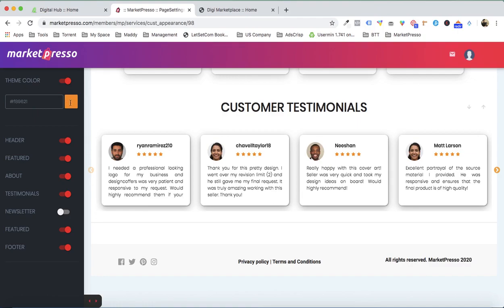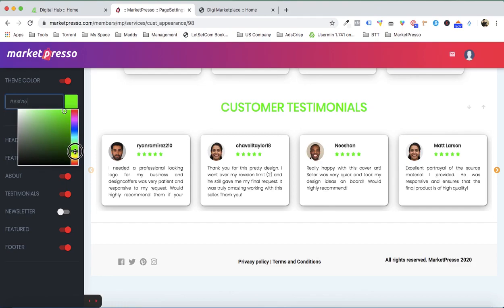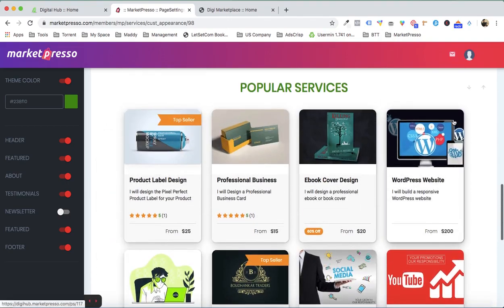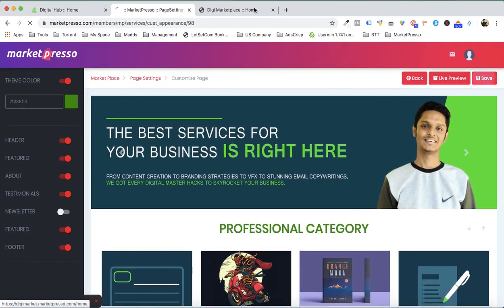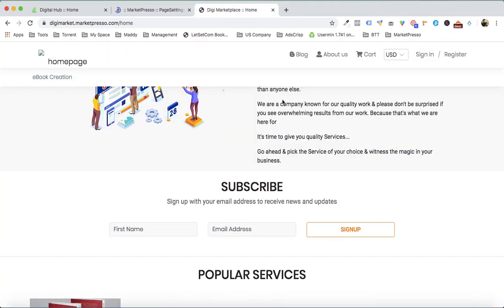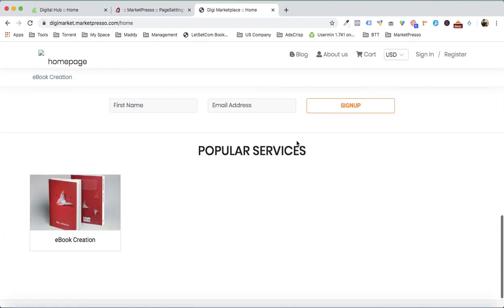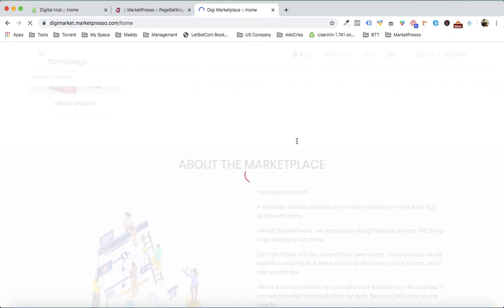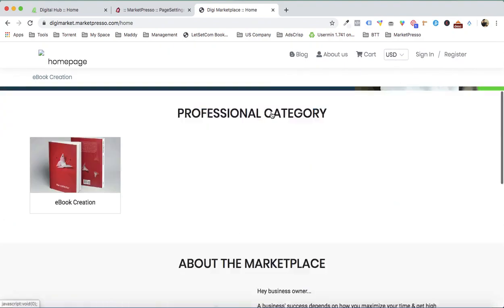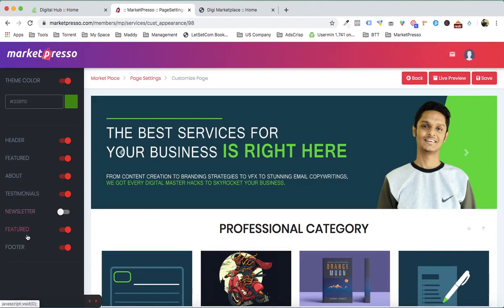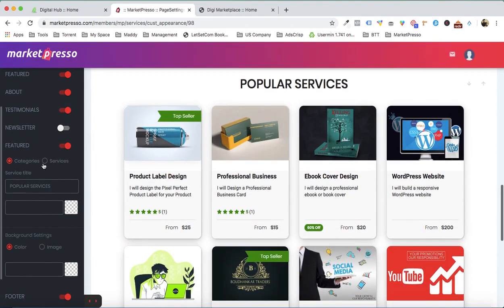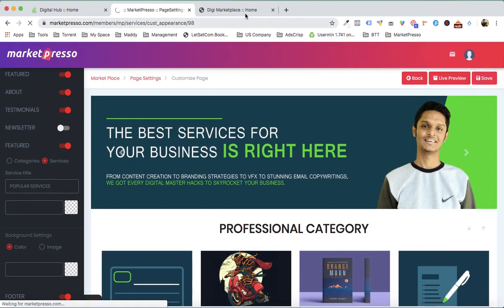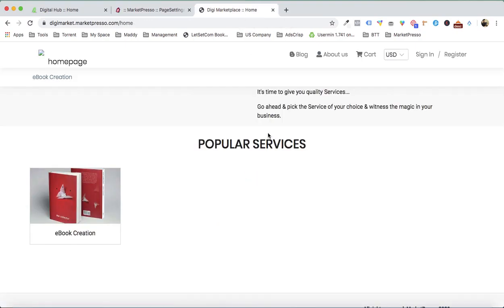And just like I mentioned, you can change the entire color of the marketplace, and play around with the colors just like this. Now this one is looking neat, right? So this color would now be applicable everywhere, in fact everywhere. Okay, so let me just show you right over here. So we have this marketplace, and okay, so we have the services enabled right over here. So in the featured section, what I'm going to do is I'm going to enable the categories or the services, right? I'm going to enable the services, right? And when I come back,